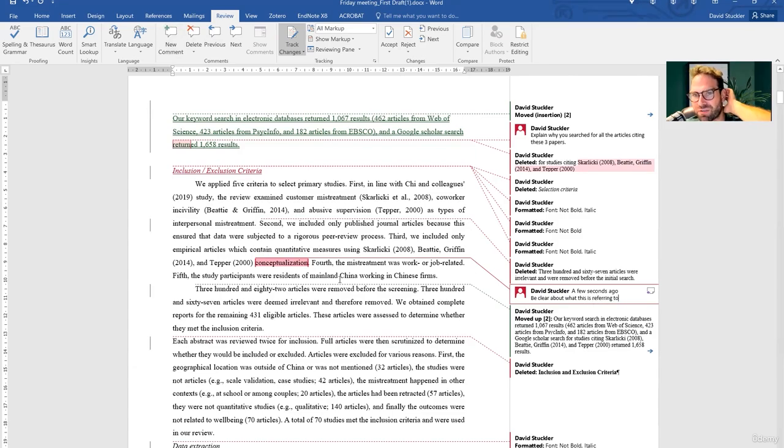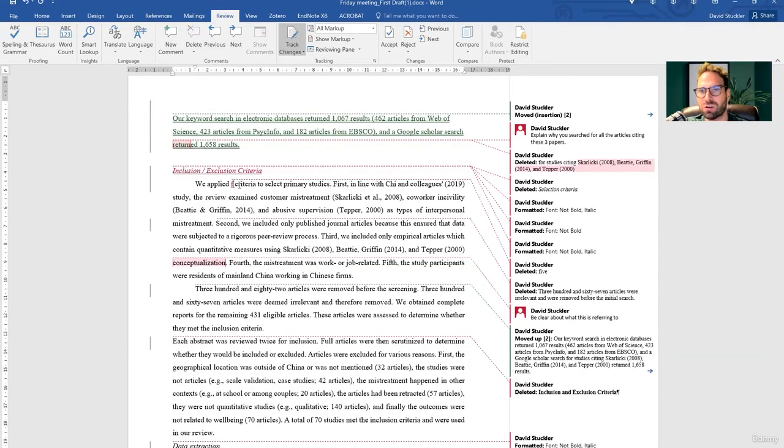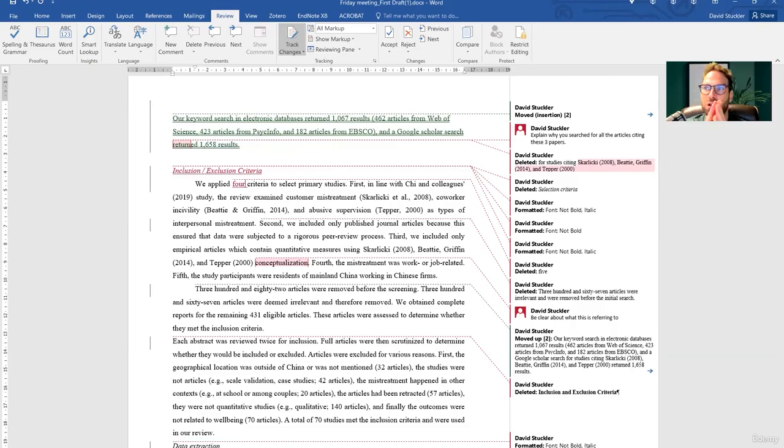It's from our writing principles, clear and definite. And then you said there are 5 criteria, but then you only list 4. So in general, Cynthia, there's a lot of really tightening up that's got to be done here to be precise, because you've already limited it to China in your search. I mean, you could apply it again, but these criteria are tricky because this mistreatment was work or job related. Isn't this the conceptual framework that you already had before? So I'm not really seeing a full 5 criteria here.